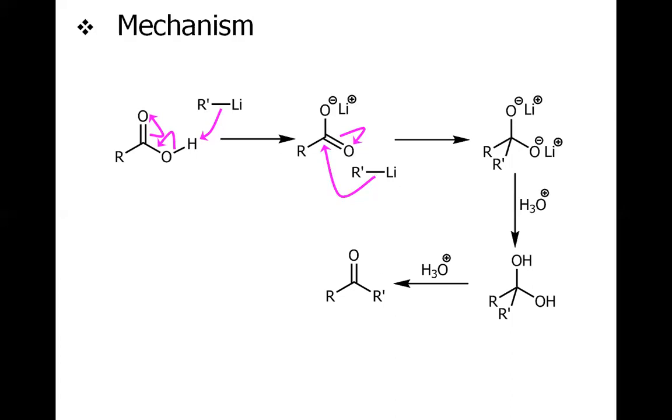And here one more question lies: why is this ketone not further attacked by the organolithium to have the tertiary alcohol? The reason is that we have added water to spoil all the remaining organolithiums at this stage. So before the formation of the ketone, we have no more organolithium left. So this is the reason the reaction will neatly stop at the ketone and will not proceed to the tertiary alcohol.